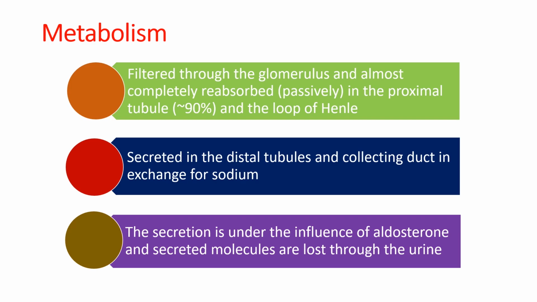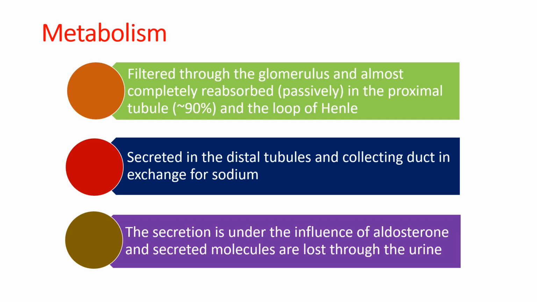Furthermore, potassium is not the only cation that can be secreted for sodium reabsorption at this level. The reabsorption can also take place in exchange for a hydrogen ion. So the relative amounts of potassium or hydrogen ion available will determine which of them will be exchanged for sodium reabsorption. And this relativity can vary depending on the pH status of the body, whether it is acidotic or alkalotic.